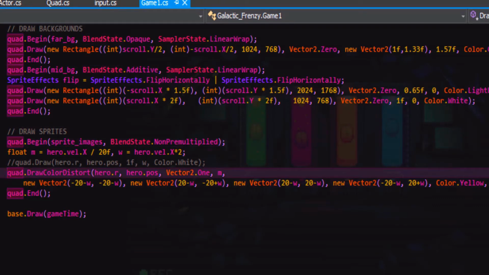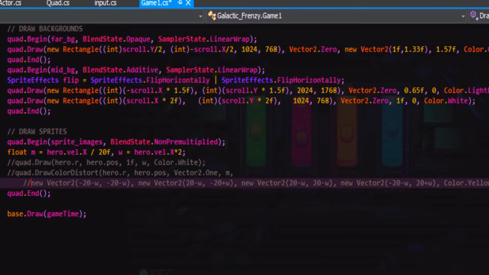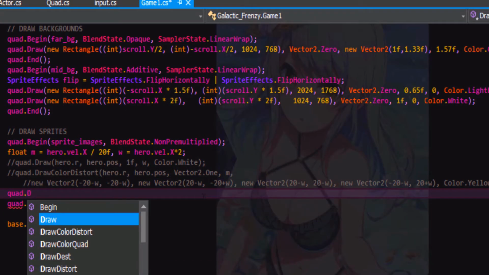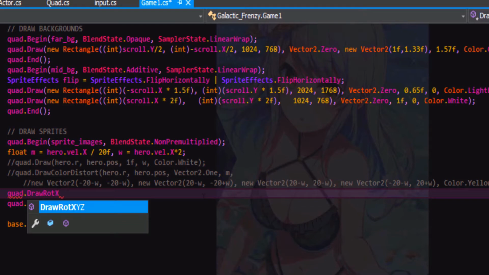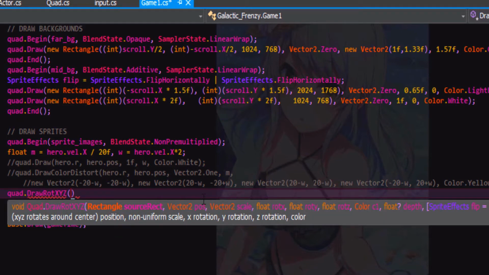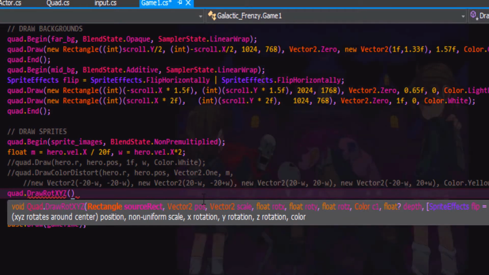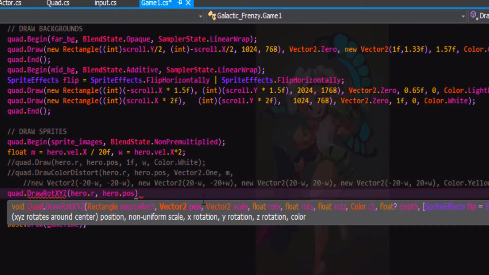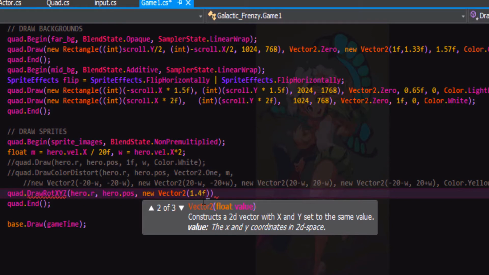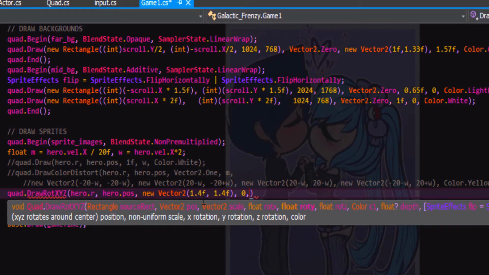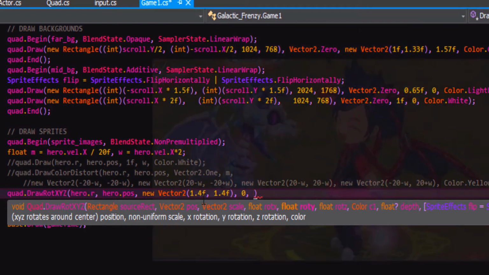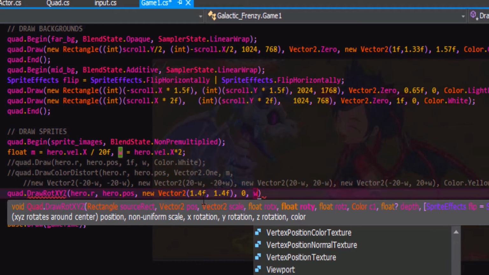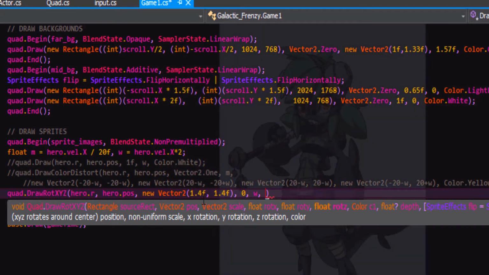So I think what I'm going to do instead, I'm just going to comment this out, is I'll rotate it in 3D. Since we are using the 3D camera, we may as well do that, right? And we'll use the rotate XYZ, so we'll use a matrix to rotate on the X, Y, and Z axes. Hero.position, and we're probably going to have to add or subtract a value to the position depending on the scale. Maybe we'll try scaling by 1.4. We're not going to rotate on the x-axis, that'd be the pitch, but we will rotate on the y-axis. And maybe we'll use the strength of W, which is the stronger one. And then we'll rotate on the Z also.